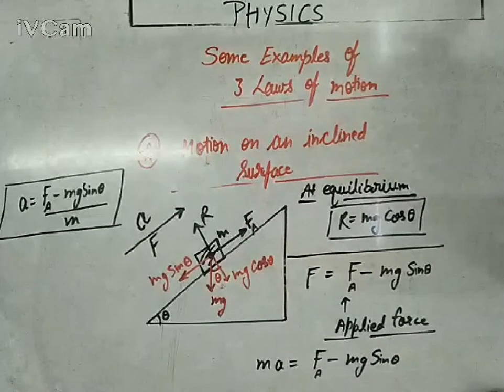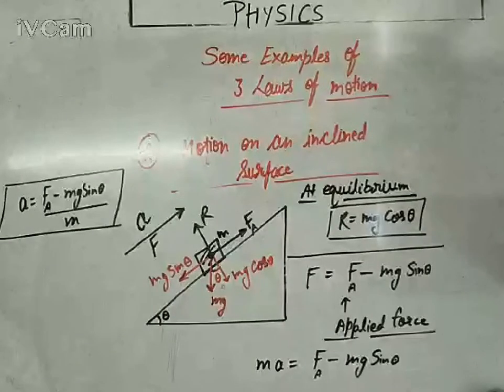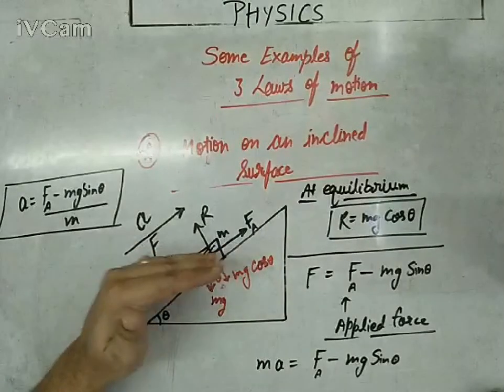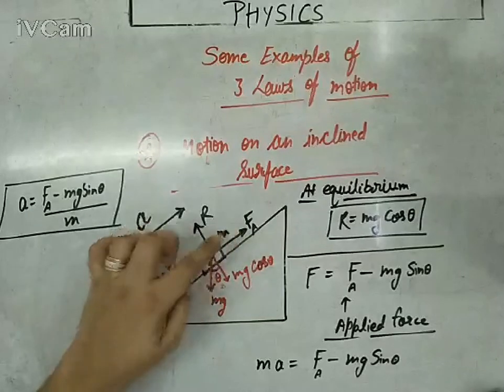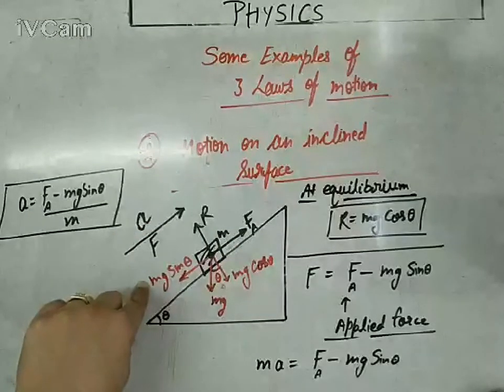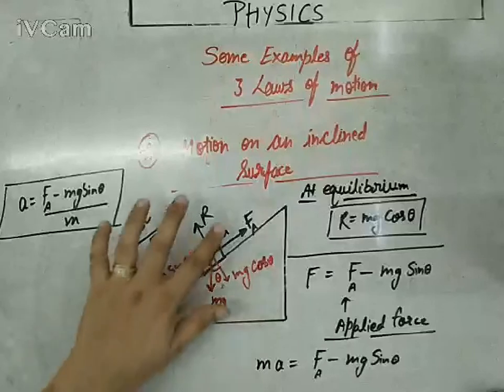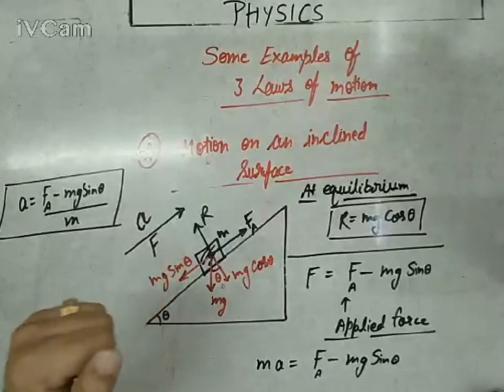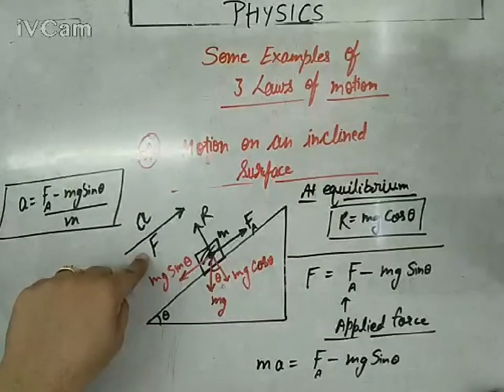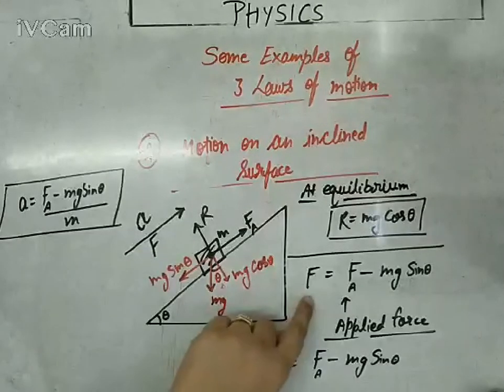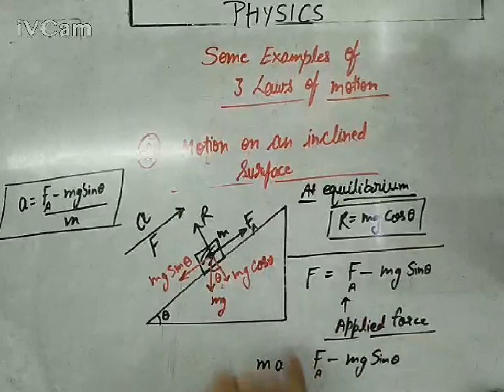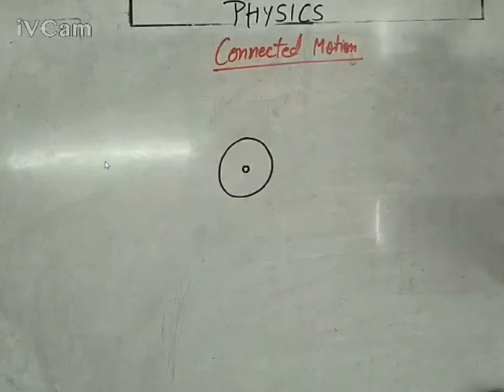So this is the way to study these concepts of the surface. And if the system is at equilibrium, even if it is not moving in an upward or downward direction, the applied force is mathematically equal to mg sin theta. That will be the situation: Fa equals mg sin theta. You can even interpret that the resultant force would be 0 if the system is at equilibrium. The resultant force would be 0, and if it is 0, it means Fa equals mg sin theta. So this is the way to interpret this situation.